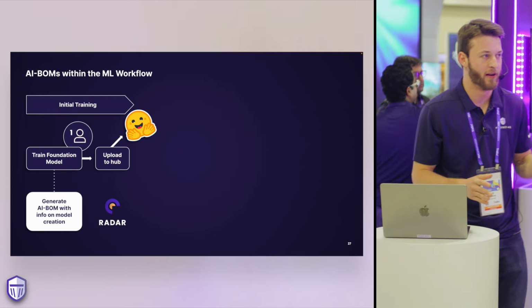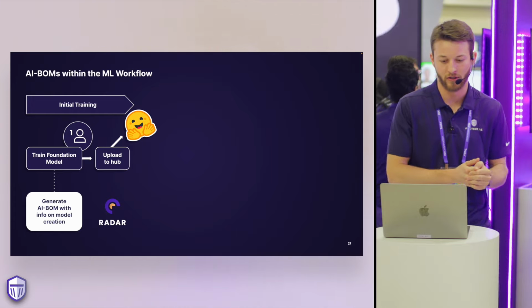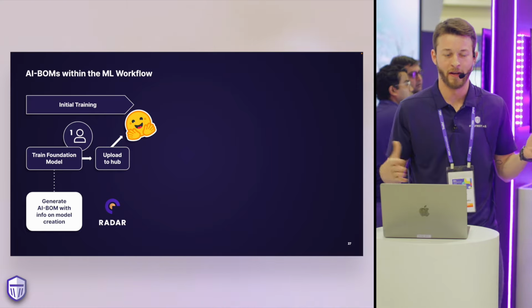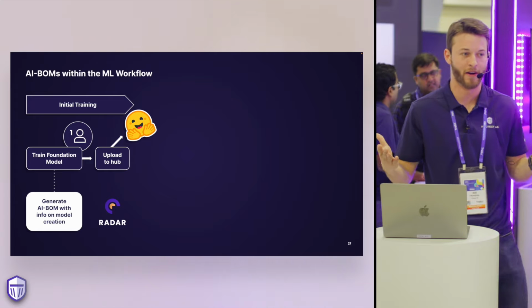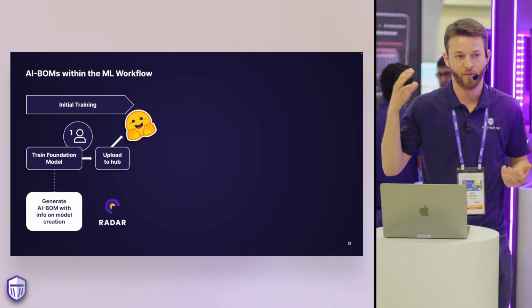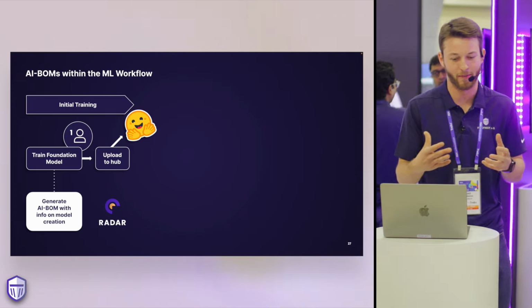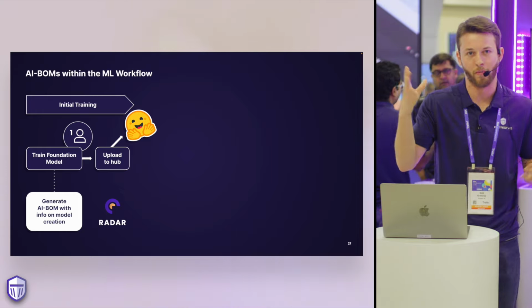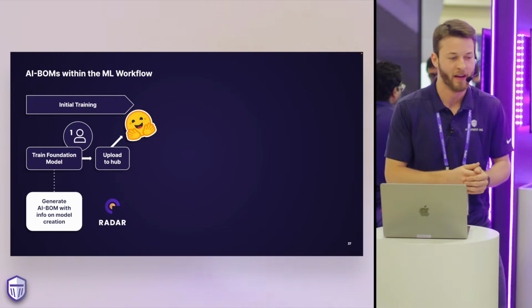So we can go through a little bit of an exercise of how these bills of material will be generated and used for certain machine learning models. So you might start by training your own foundational model. Not every organization does this. It takes a lot of resources, but if you do train a foundational model, then you spend all the compute and data and everything like that to produce it, and then the first thing you want to do is create your AI bill of materials of all the inputs that went into that foundational model, and Radar can help you do that. So then once you create the foundational model, you're going to upload it to a model hub, maybe Hugging Face if you're open sourcing it, or some internal model hub if it's going to be more of a